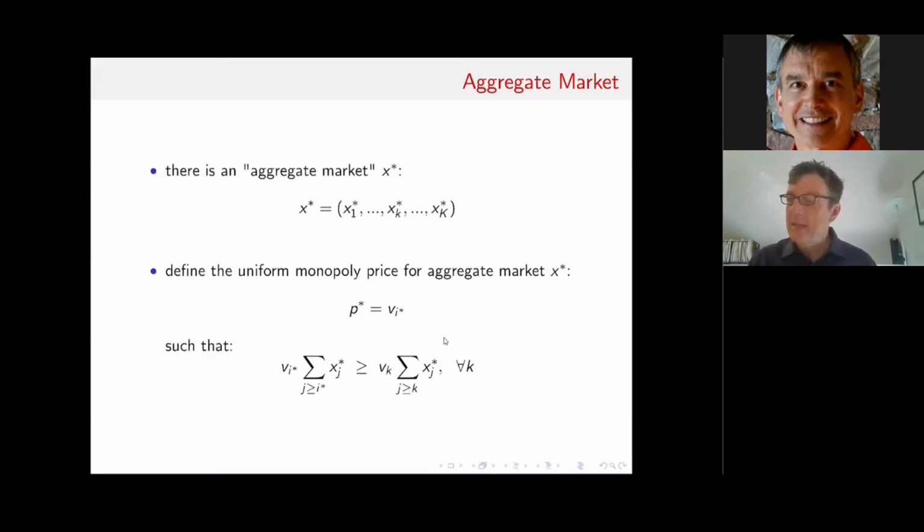So that is the price that is optimal, and that is the marginal consumer with the marginal valuation that I just want to charge, so that I can get a higher revenue than I could through any other possible pricing policy that I pursue. So P star is the optimal uniform monopoly price, and it will give me a revenue,